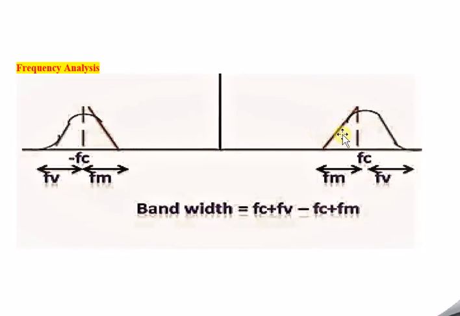We are transmitting this entirely. We are taking only part of this other sideband. One sideband, what is the definition of VSB? One sideband along with the vestige of another sideband. So this is one sideband along with the vestige of this sideband. Hence we are able to calculate the bandwidth of this. So Fc plus Fv, this one, and minus Fc plus Fm. So this is all about frequency spectrum analysis.